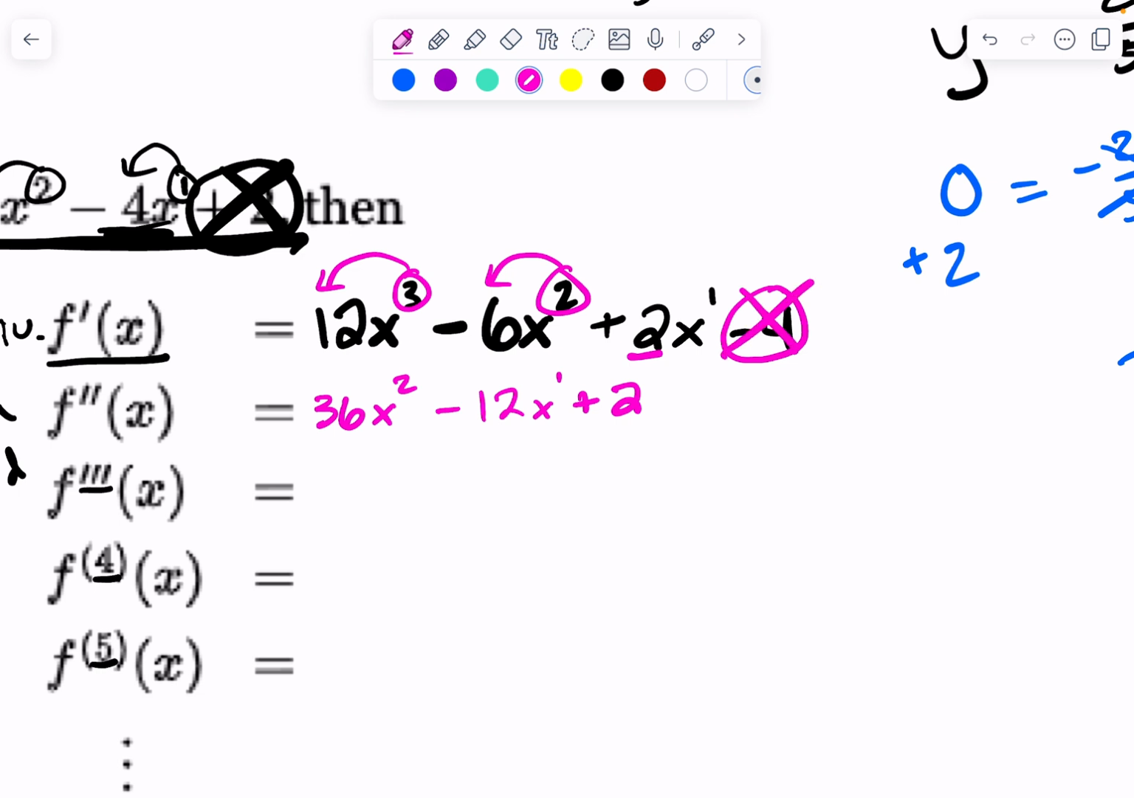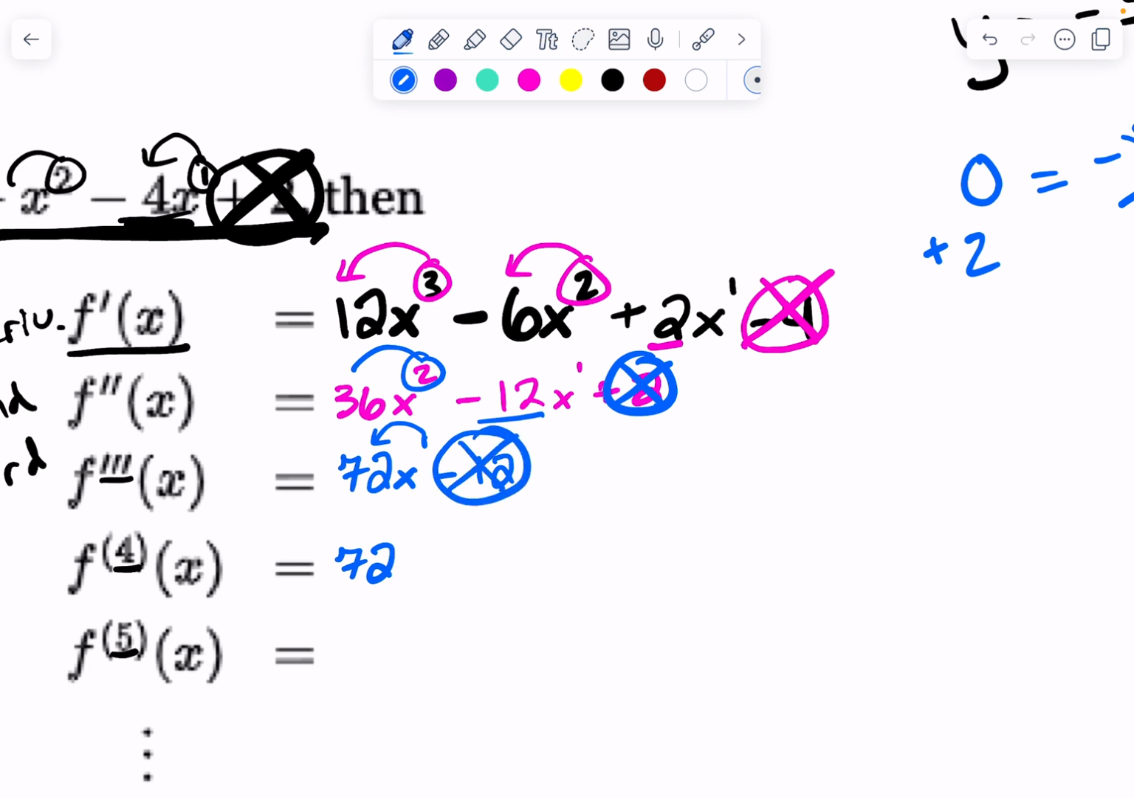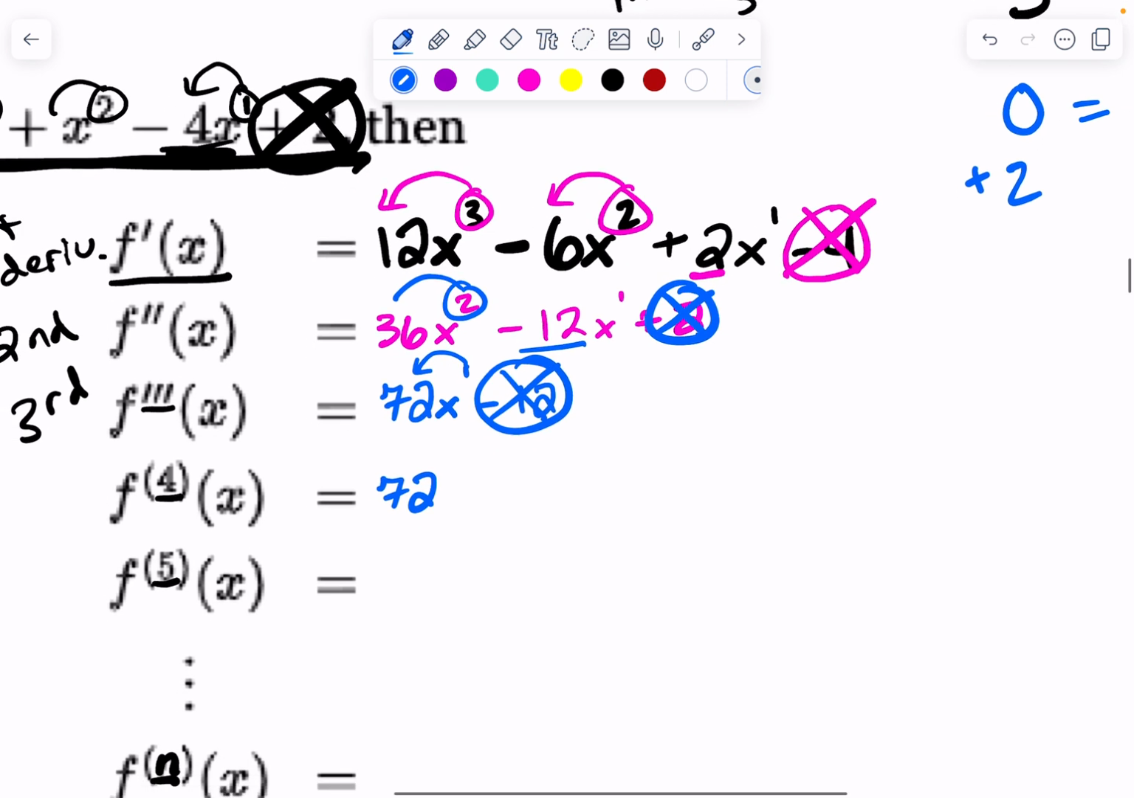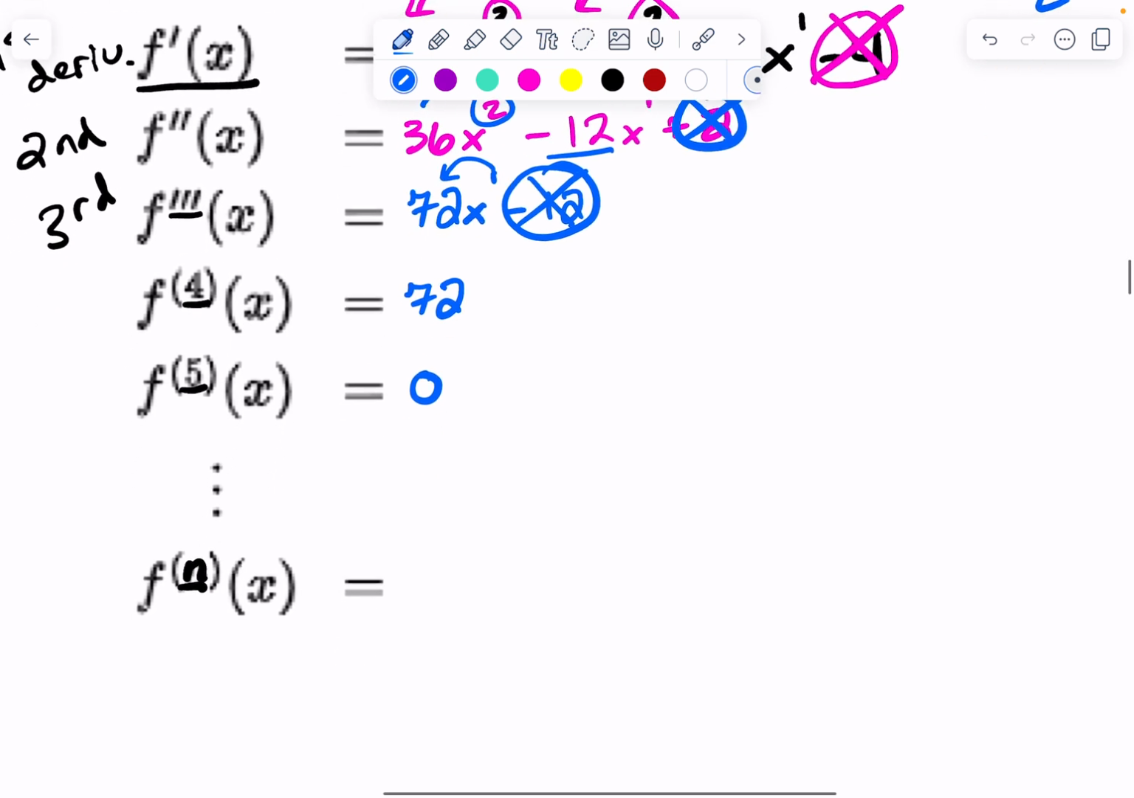You can kind of see already what's going to happen. Keep going. The 2 comes down in front. That is 72x to the 1st power. This term will be minus 12. And then the 2 will drop off after that derivative. Next, 72 multiplied by 1 is just 72x to the 0 power, or just 72. The 12 drops off. Now, if I'm taking the derivative of 72, that's just going to be 0. And if I keep going, the derivative of 0 is 0, the derivative of 0 is 0,